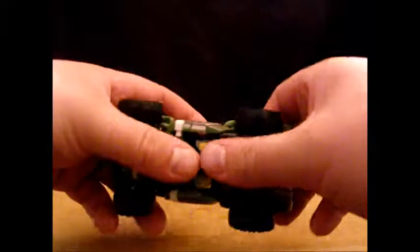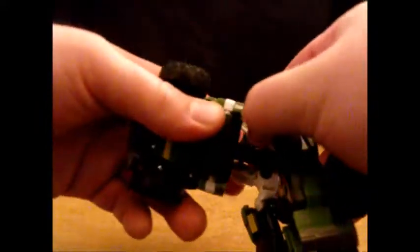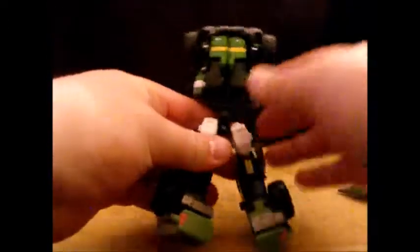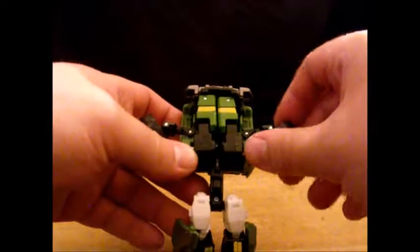But to transform him, we're going to start, unpeg the legs. We want to hinge them out. Clear enough space. Can you, yeah, fold the seats in. They're basically thigh armor. And then fold the foot down and fold this section in, and that'll cover that back up, prevent it from going back into car mode. And do the same thing on the other side, as I did without paying attention. The torso kind of gives me problems, though. Unpeg the wheels. Rotate the arms out, so hopefully they're in all the way out. Take his pants, fold down his pants,